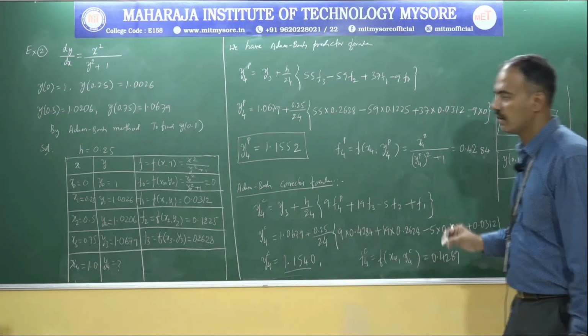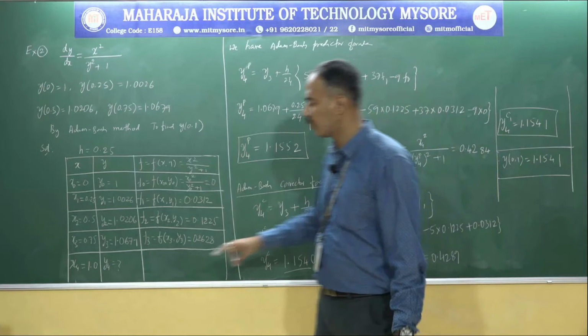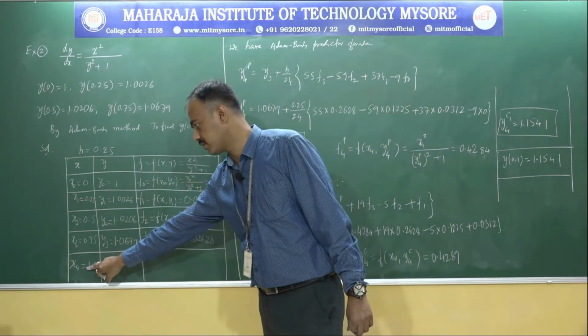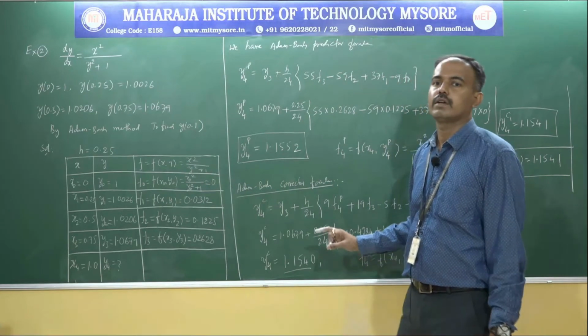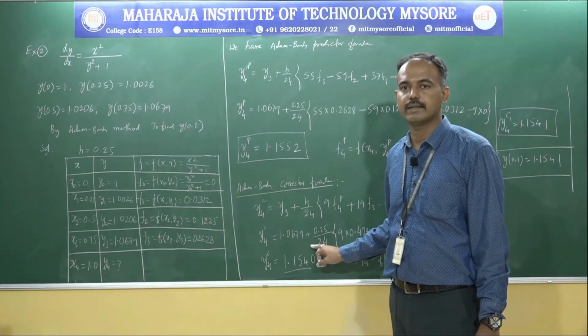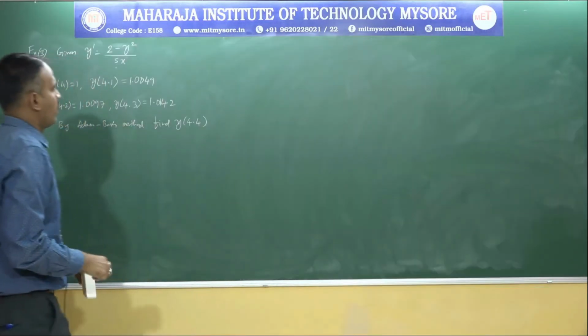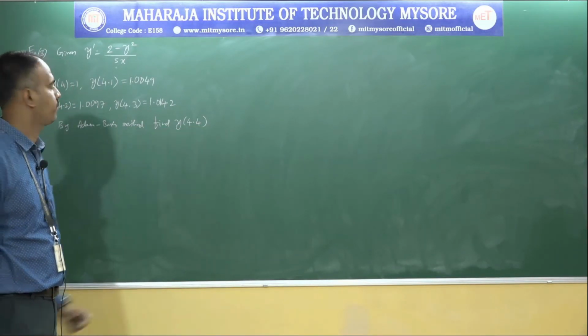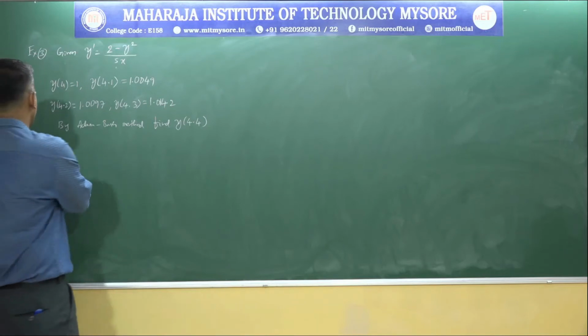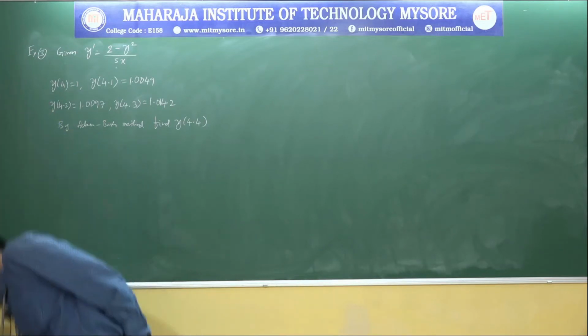Is it clear? Now we can estimate the y4 value at the particular point x4 as 1.0. Okay, now let's move to the next example: using the Adams-Bashforth method, find y of 4.4. For the first step, the answer is specified in terms of